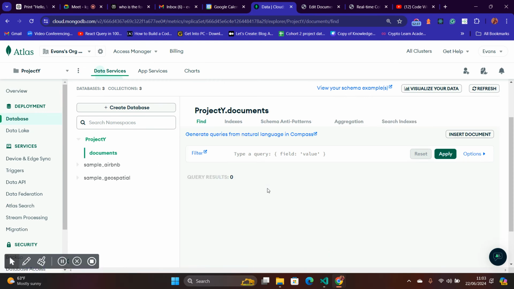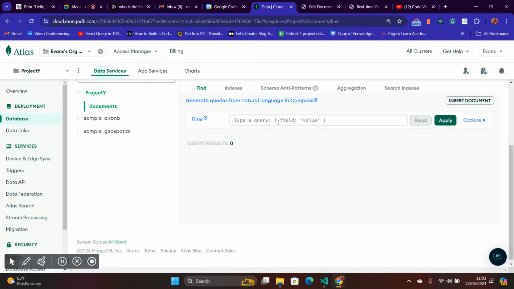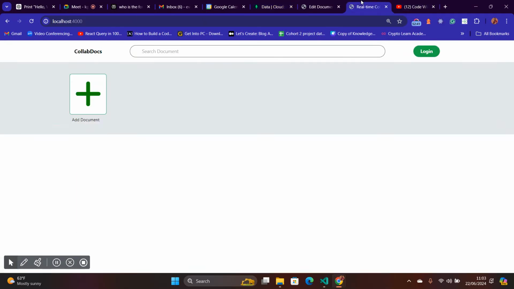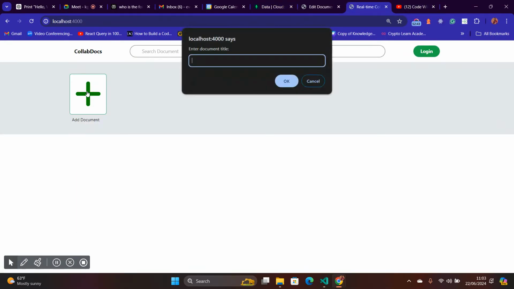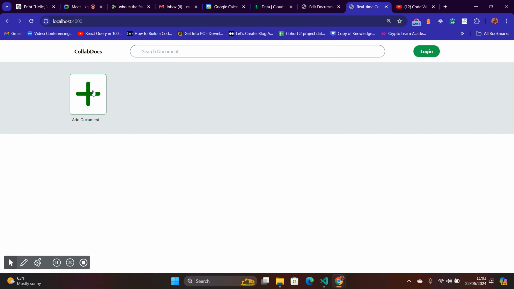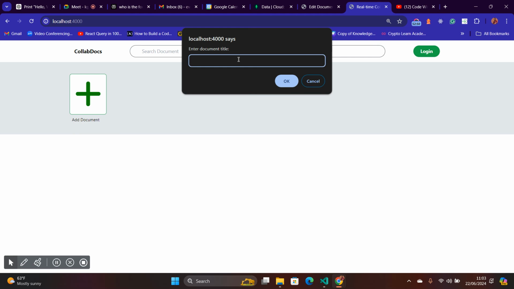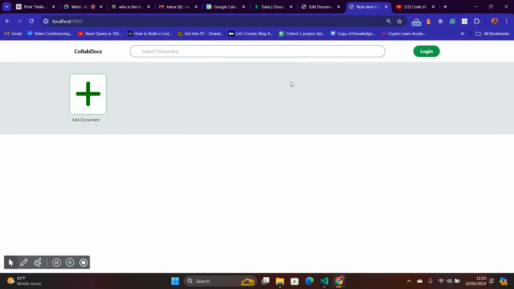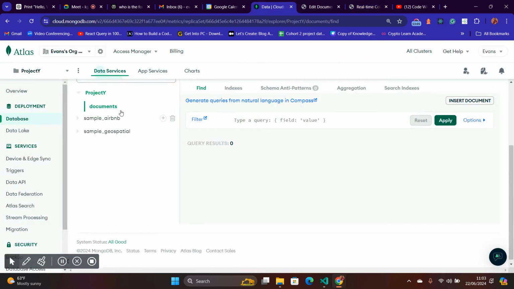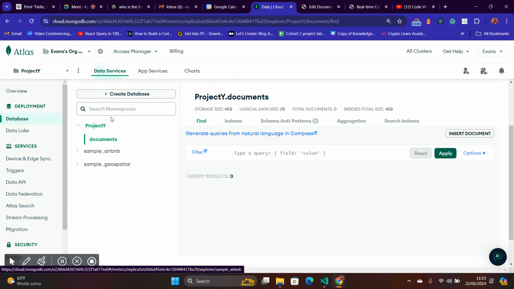In our documents here it is actually empty. Now let's see, whenever we create this document, if it's going to create an actual document like that. So I'm going to say hello world and say first trial like that. Then I'm going to press enter, and let's go to our DB and check if we created a